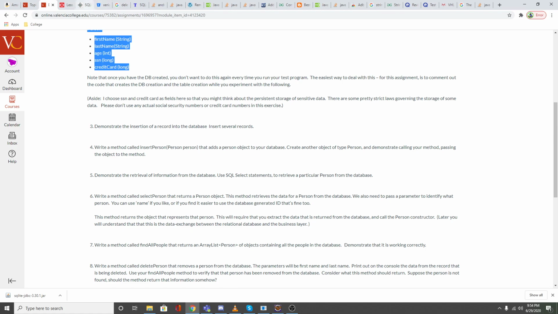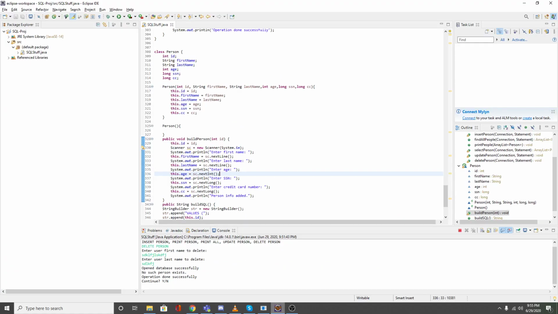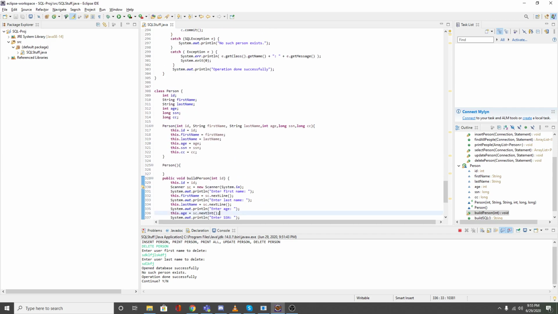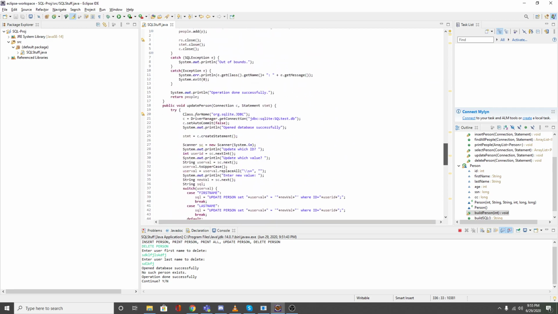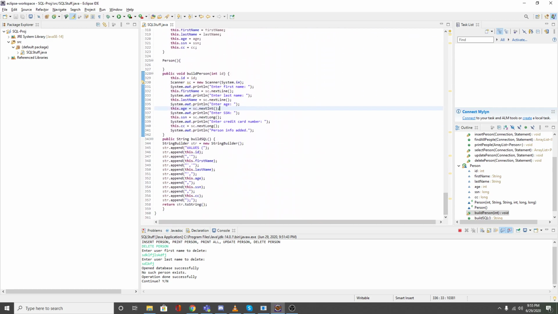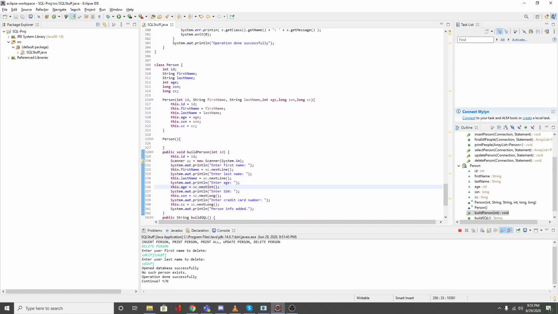It was fairly easy. I normally use Visual Studio Code, but due to the nature of the specific project, it was actually easier to use Eclipse due to the integrated nature of how you can just import libraries very easily into this. So what I basically did was that I created a person object, and this person object has two